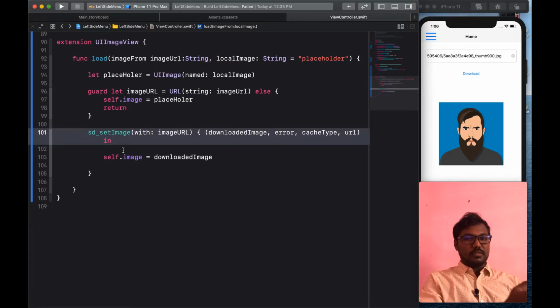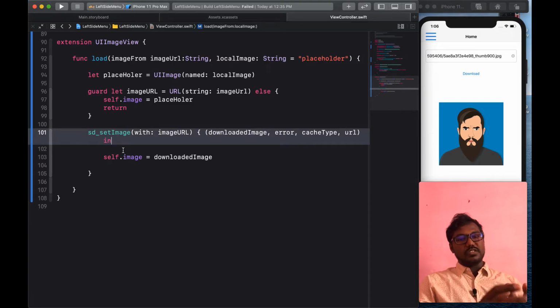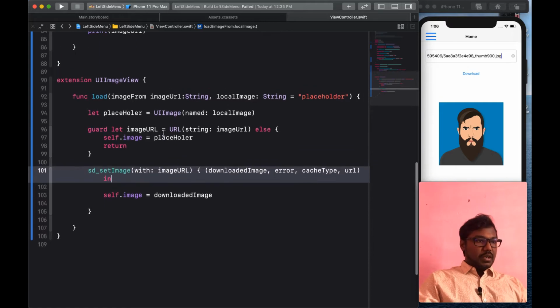If we use SDWebImage, it will hold our image by using the URL, so that it can cache our image. When we call the same URL at any other place in our application, the image will automatically come from our local drive, so we don't need to download it from the server each time. That's how we create the simplified function.